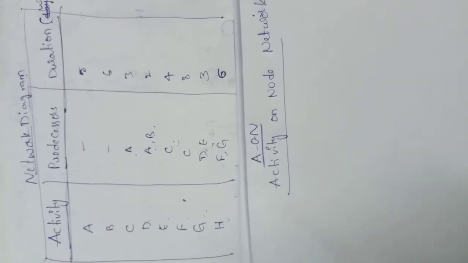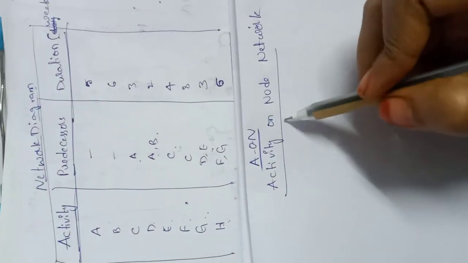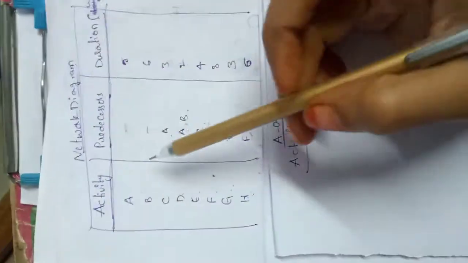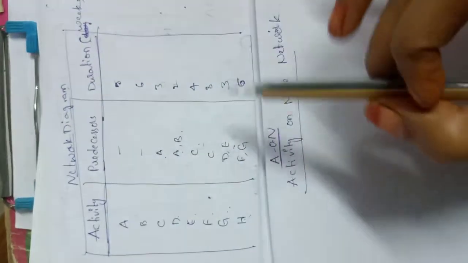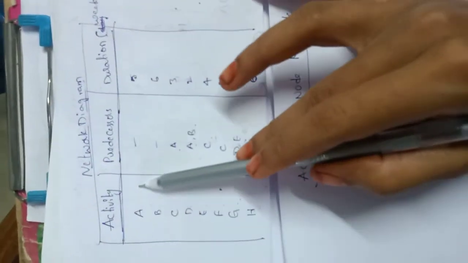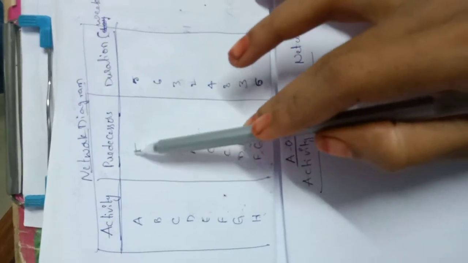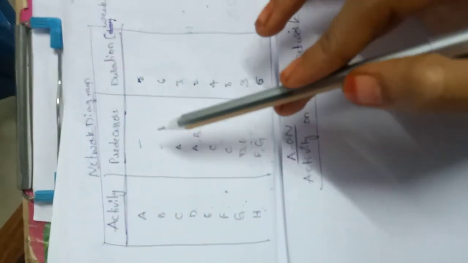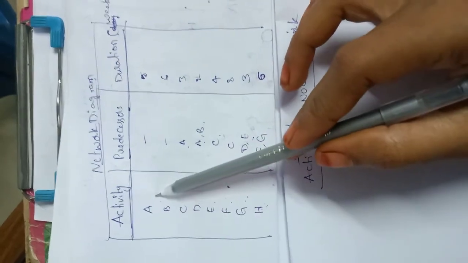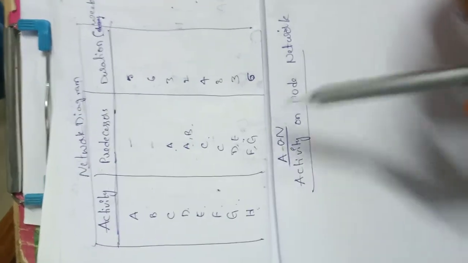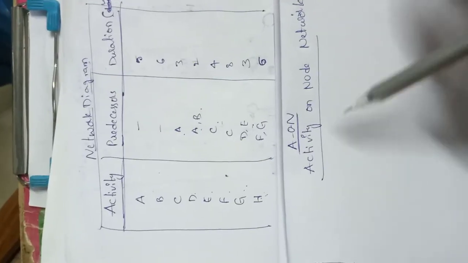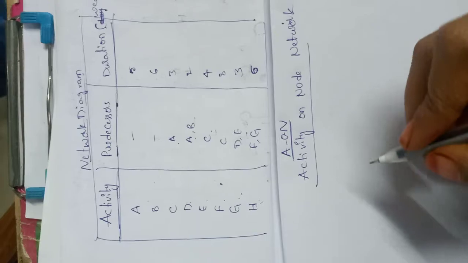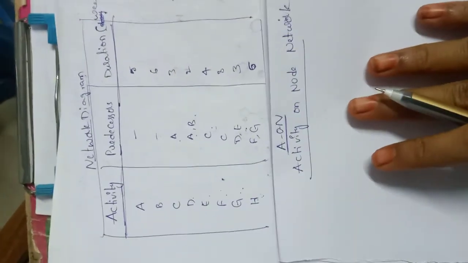Good morning students. Now we will see how to draw an activity on node network diagram in this class. Here again we need to identify the starting node for drawing our network diagrams. Again we will be having two activities as our starting activities, but we need to consider these activities in the node, that is on the circle we need to represent our activities, and the arrows will represent the direction of our project moving, and also they will represent some events.